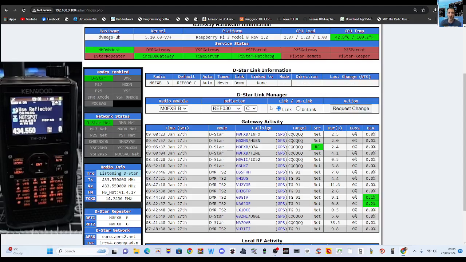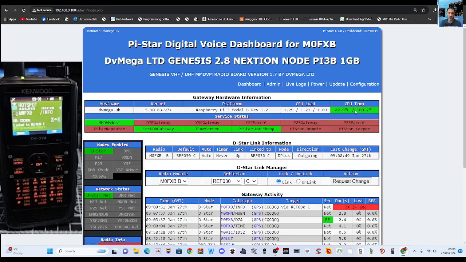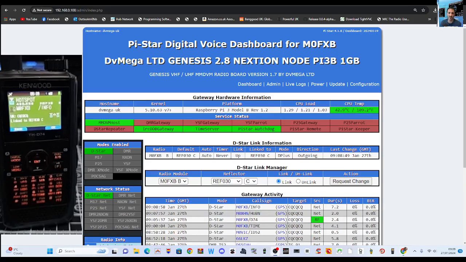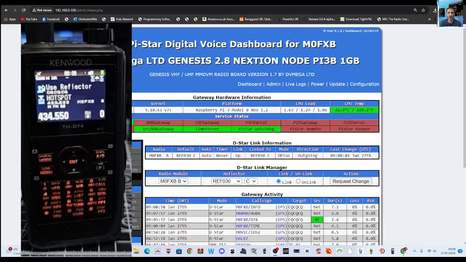Hopefully this will help you with your D75s. I'm gonna hit link again. There you are, it says we're linked now. So as long as the top part of your device shows you that green window, doesn't it? It says use reflector. The bottom part that you're seeing is the hotspot you're connected to, but it could be